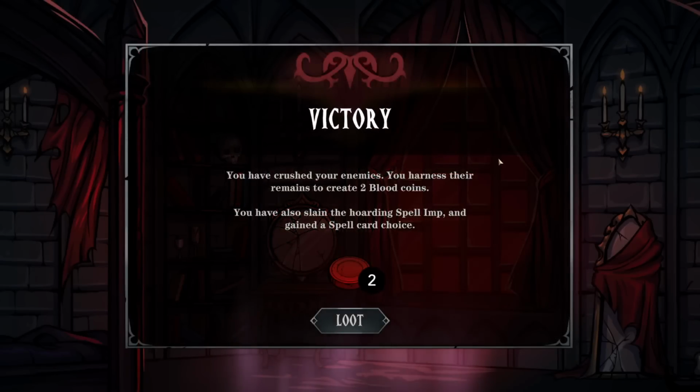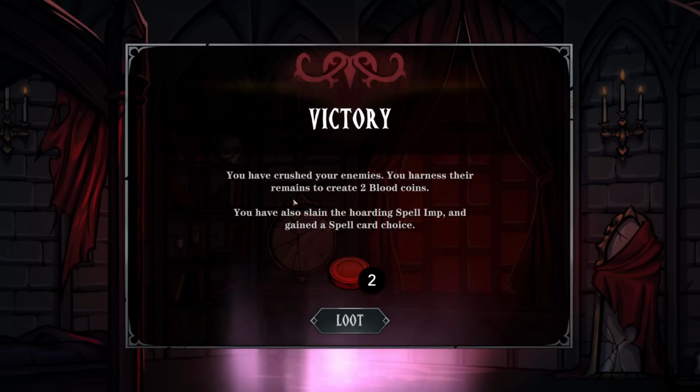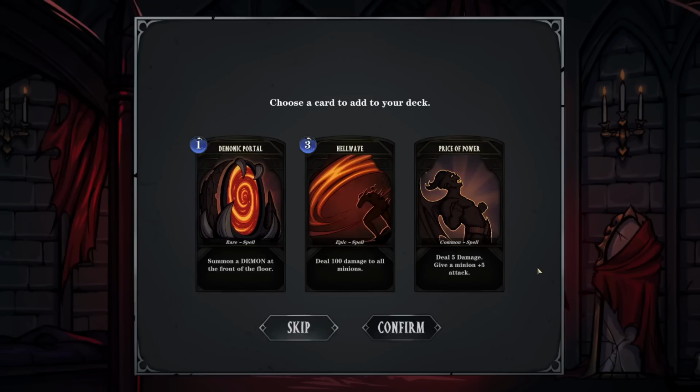All right. So we get 2 bloody coins. You have also slain the Hoarding Spell Imp and gained a spell card choice. Okay, so choose a card to add to your deck. Is this the spell card choice? Because it doesn't sound...